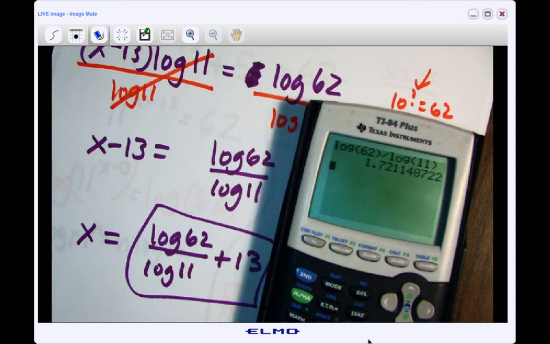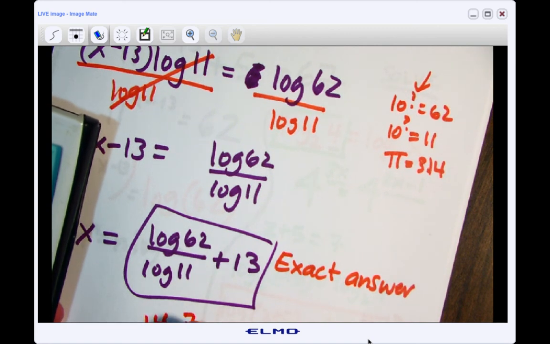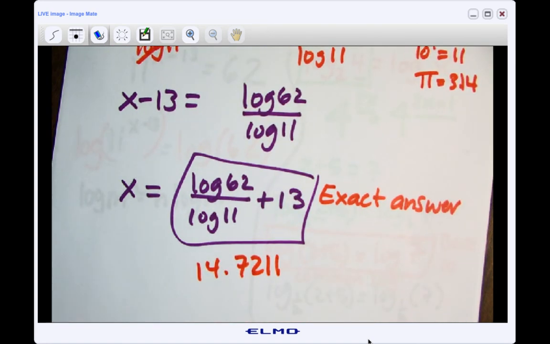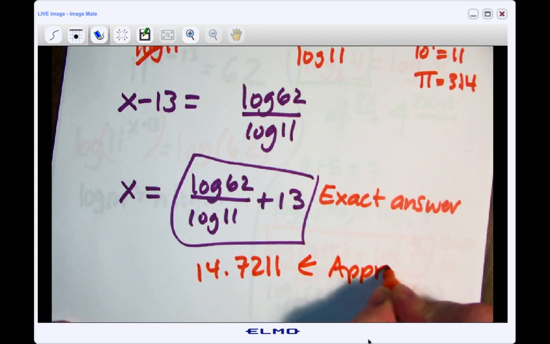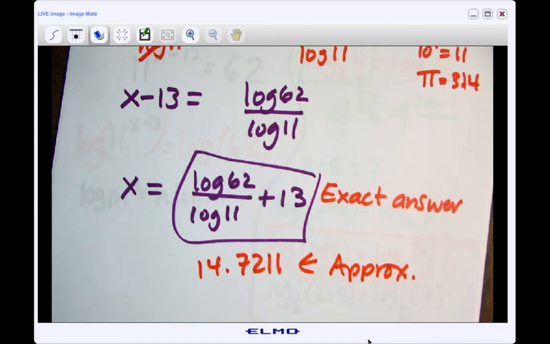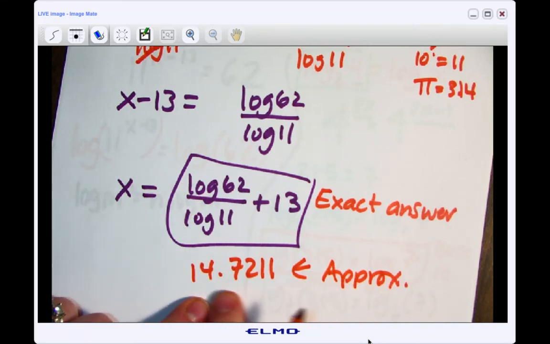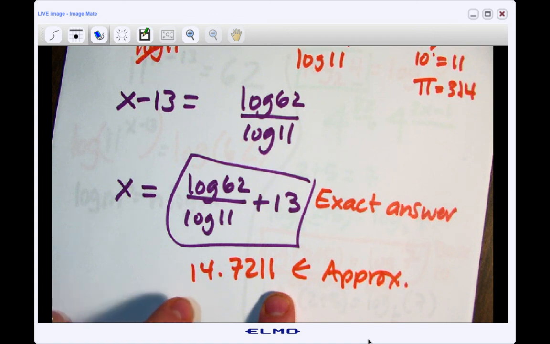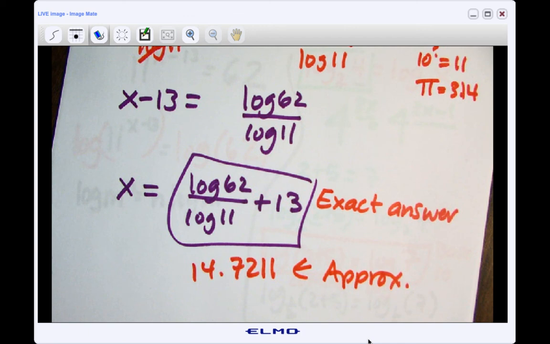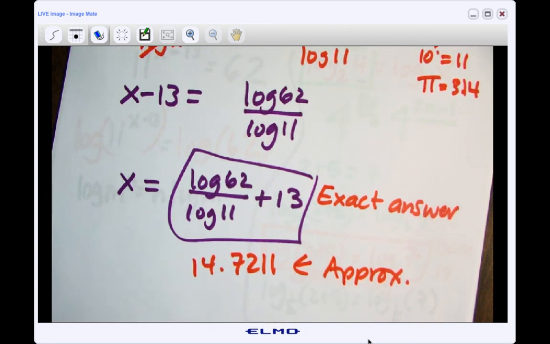So from here, I did this division, and now the last thing I have to do is add 13. And we see that my decimal approximation is 14.7211. This is my approximation. So if they ask for an exact answer, they want something with logs still in it. And if they ask for a decimal approximation, sometimes they'll tell you what to round it to. If they don't, I like to keep at least 4 decimal places. You can keep more if you like, but at least 4, because that's probably accurate enough for anything we're doing